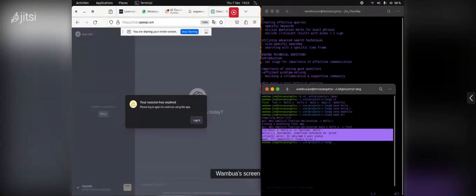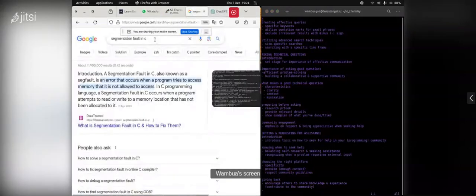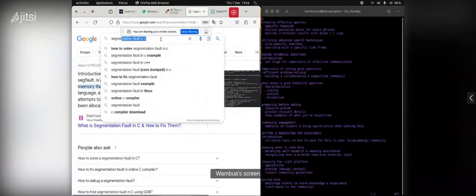So unaona hello.c function hello.c and define reference to print. Hii Python ndo ningetumia print. Hii ni C, so lazima itaniletanisha hiyo error. So unaona nikienda ikifika hapo tulikuwa hapa kwa utilizing, for creating effective queries, utilize quotation marks for exact phrases. Hapa hivi sina the exact but nikikuja naweza weka code yangu and then sasa niweke like